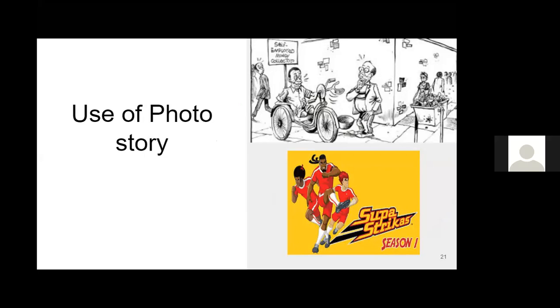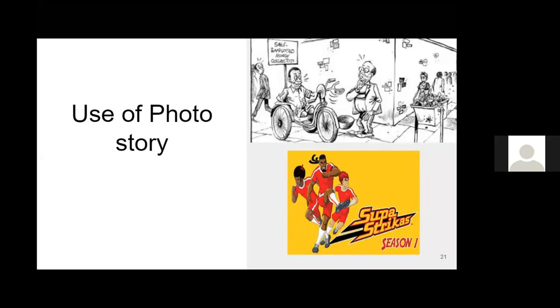For those of you who grew up in the 70s and 80s towards the late 90s, there was this daily newspaper columnist called Wahome Mutai, or what guys used to call him Whispers. I remember my father could just buy a newspaper just to follow the story by Whispers. And he never used to write a lot. He just used to use graphics to give his story. So telling a story using photos or digital storytelling is another way of doing things.